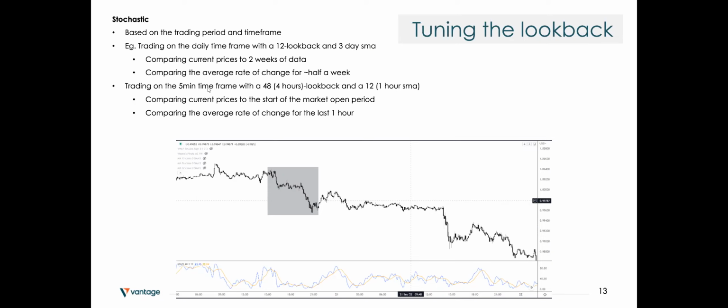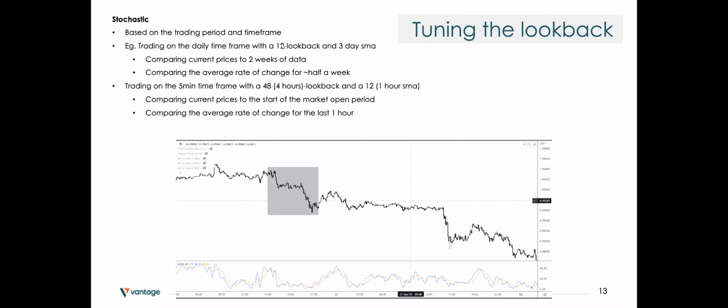So when you're looking at 5 minutes, if you do a 12 period look back for K, what you're basically doing is looking at the comparison of your current price against what happened 1 hour ago. And if you look at FX, say even in the Asian session, you don't really see much movement or much volatility in the Asian session. It makes sense, if you want to trade very frequently during the London and New York session, to use the 12